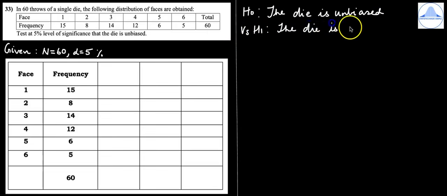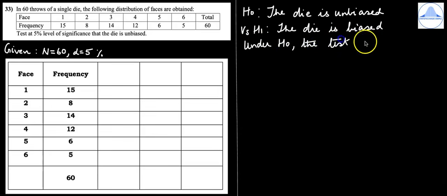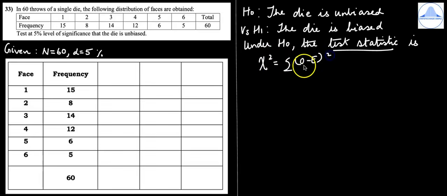Next you write the test statistic. So under H naught, the test statistic is chi-square equal to summation O minus E whole square divided by E, which follows chi-square n minus